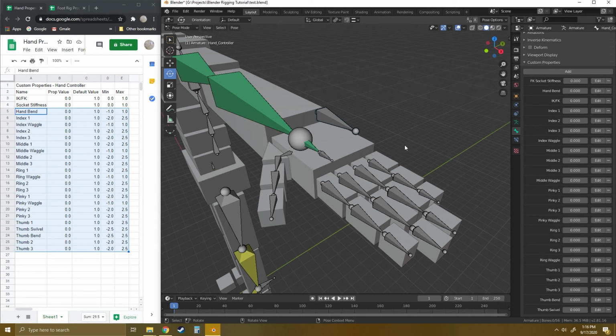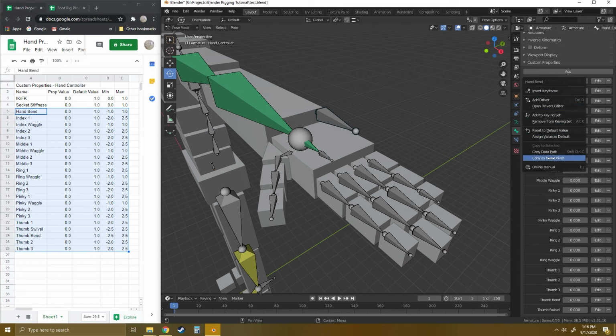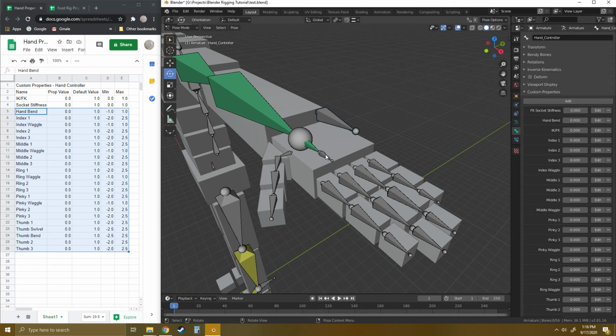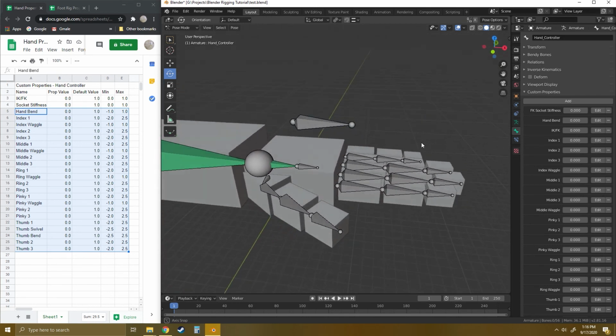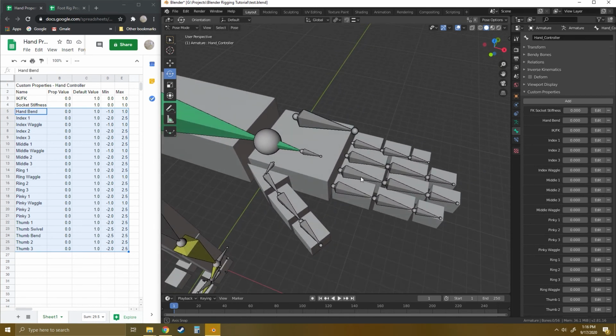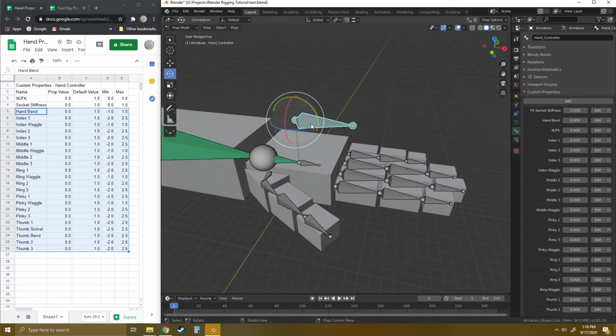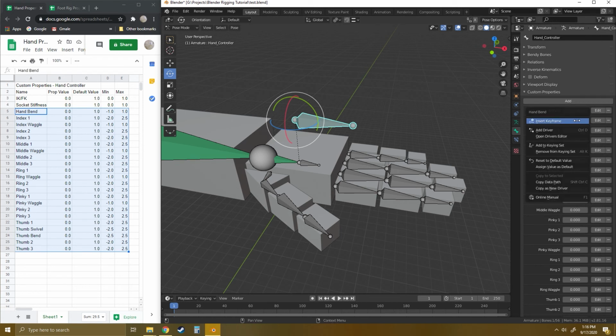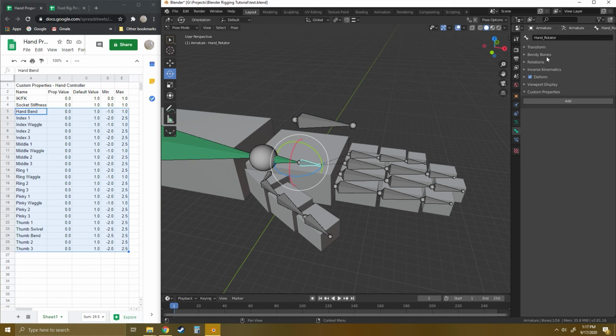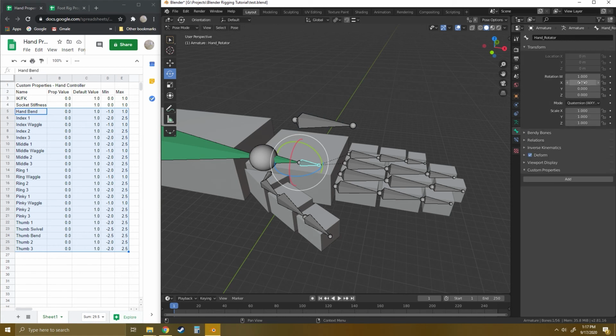So I will be doing all of this the same way that we did the foot, where we will copy this as a data path and then go into the specific bone and add it as a driver on the rotation that we want. Feel free to give it a shot with just right-clicking here, copy as new driver, and then going to the place you want on the bone you want and just pasting it as